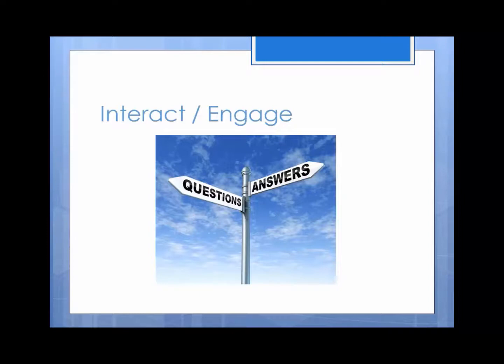When we talk about interacting and engaging, one of the things that I like to point out is that it's a wonderful thing for us not to always monopolize the conversation. And one way that we can do this is to ask a question to the people who are consuming the content on our social networking sites, whether it's a blog, whether it's on LinkedIn, whether it's on Google+, or even our Facebook page. We need to make sure that we're asking people what they think and let their voices be heard.